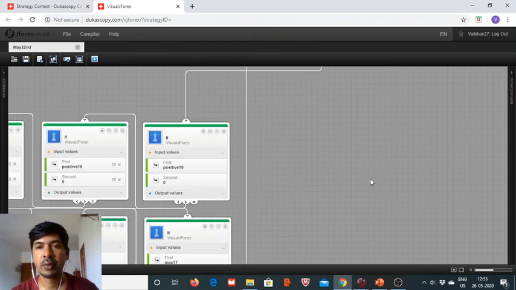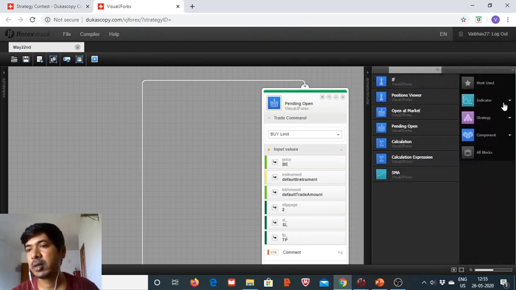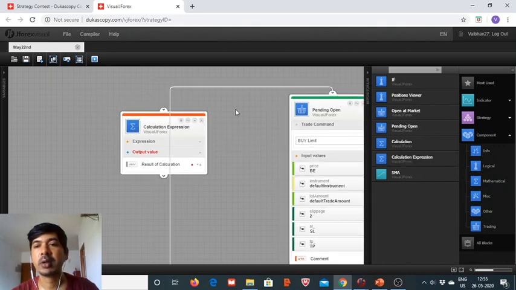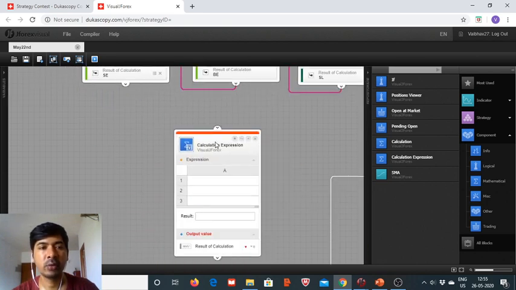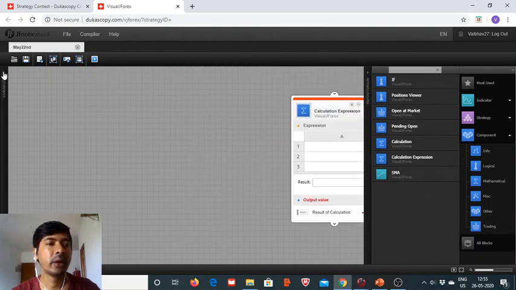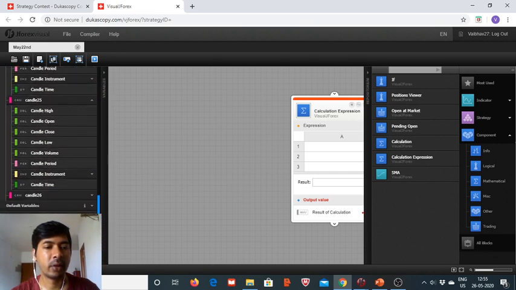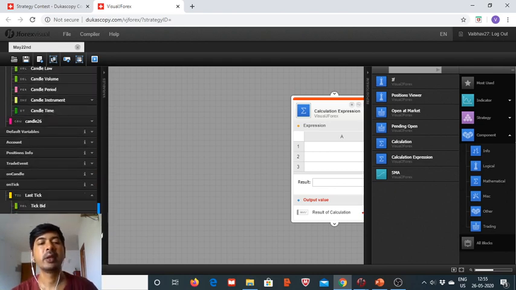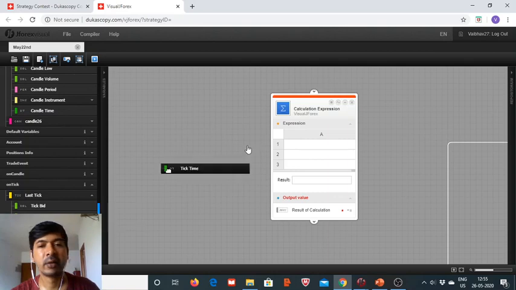So now we go back to create a new variable, which is going to be the calculation expression, and here we define the order validity. For that we need to take elastic price, and the elastic price is here on tick. We take elastic price. No, we will need elastic time, not price, so pardon me. Tick time, and